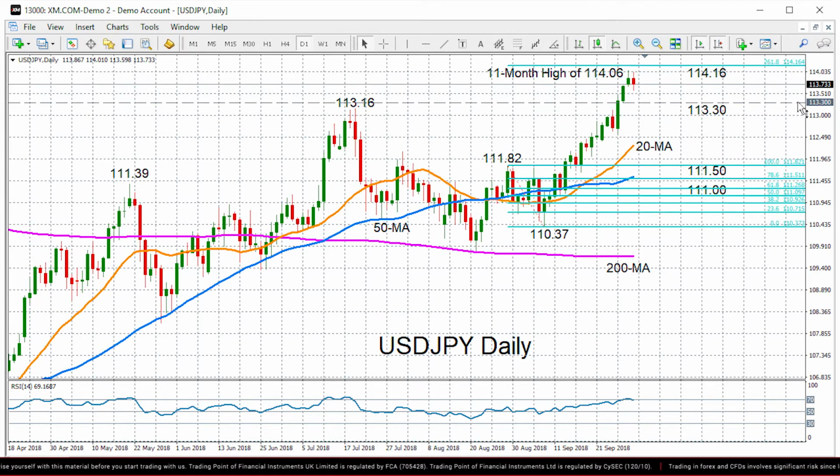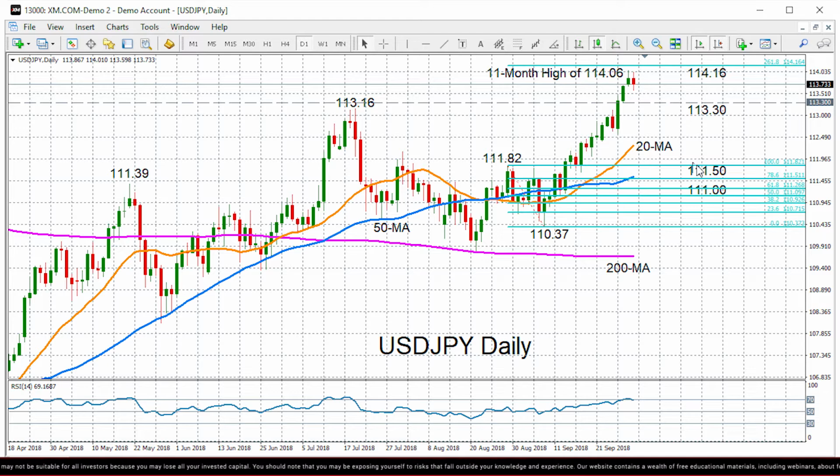116.50 level. However, if the downside correction gathers pace, we could then see support coming at around the 113.30 level, which had acted as support in recent days. A break below that level, we could see the 20-day moving average coming into focus. Currently, that stands at around